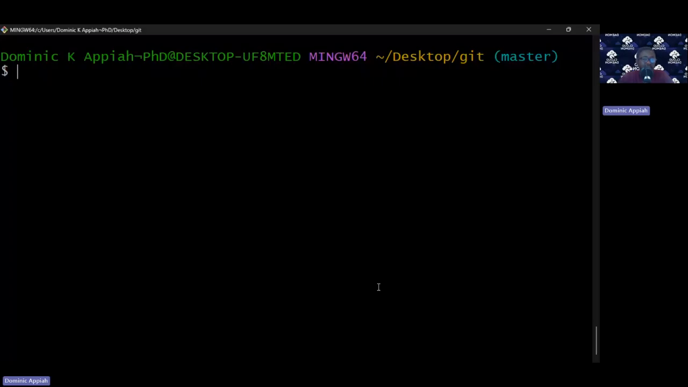Okay, I believe you can see my screen now. My Git Bash. Okay, and we've copied the link. So remember when we started, if you want to create a repo from your CLI,